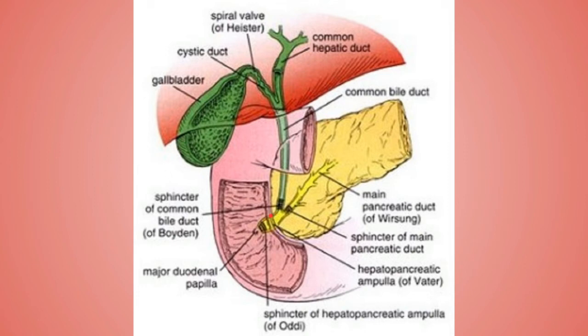Now this part is near the middle of the left side of the second part of the duodenum, and comes in contact with the main pancreatic duct, and accompanies it through the wall of the duodenum, through the intraduodenal part, and connects with it and opens at the major duodenal papilla by way of the ampulla of Vater.